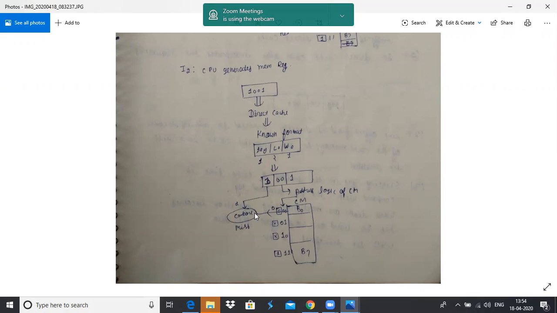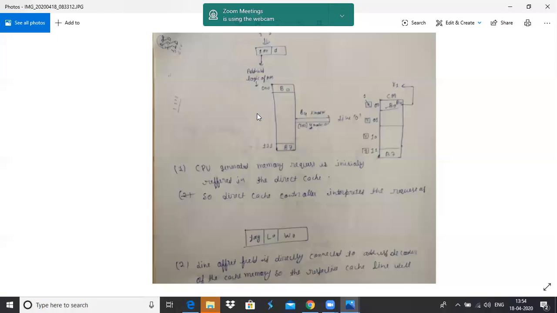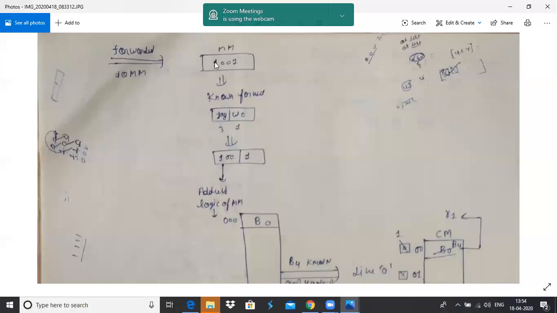So the reference will be forwarded to the main memory, and the corresponding main memory block will be brought from main memory to the cache memory. How will you bring the main memory block to the cache memory?